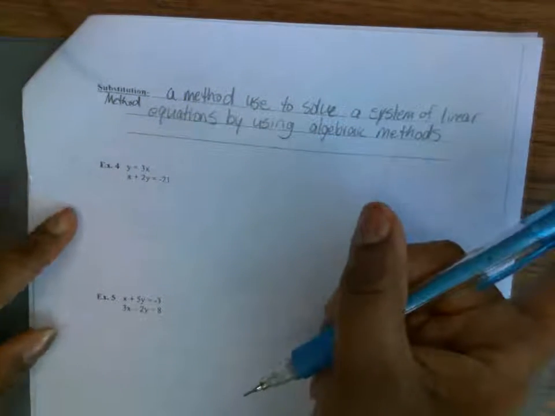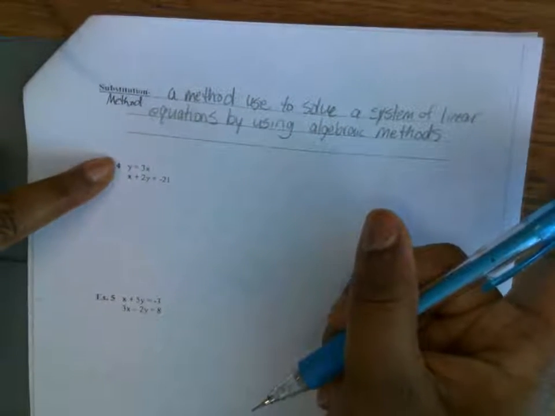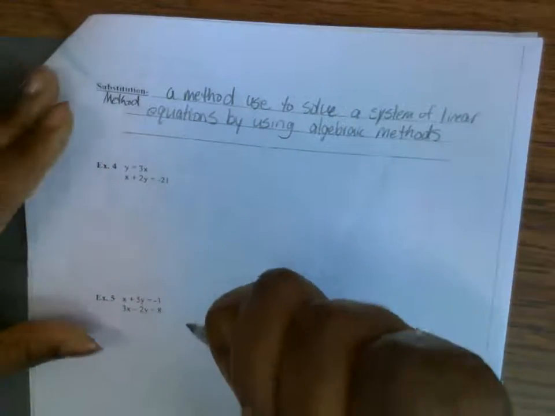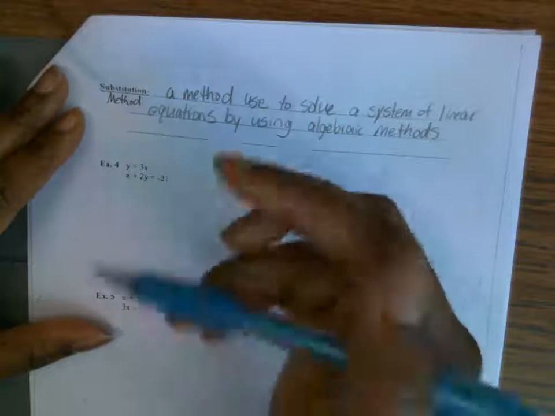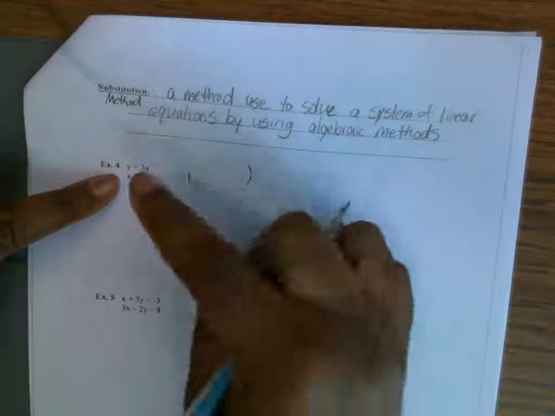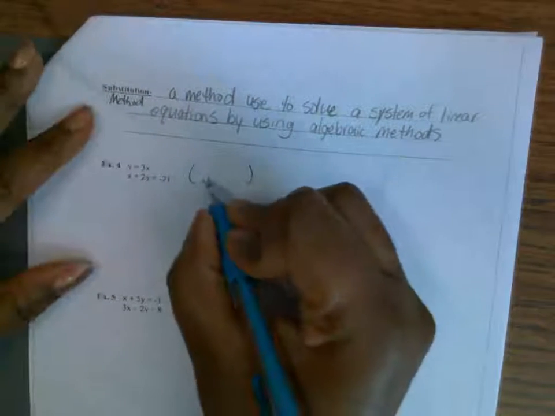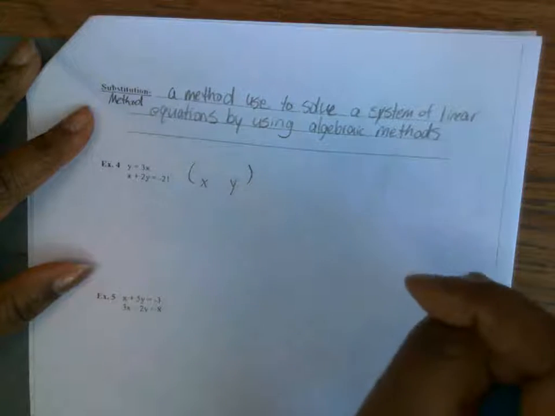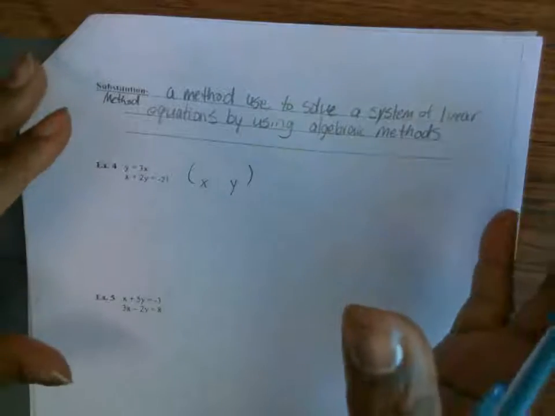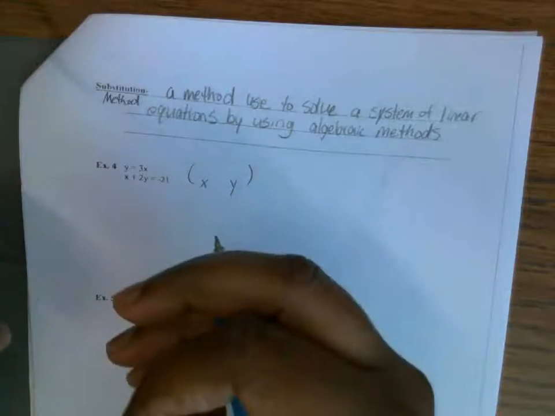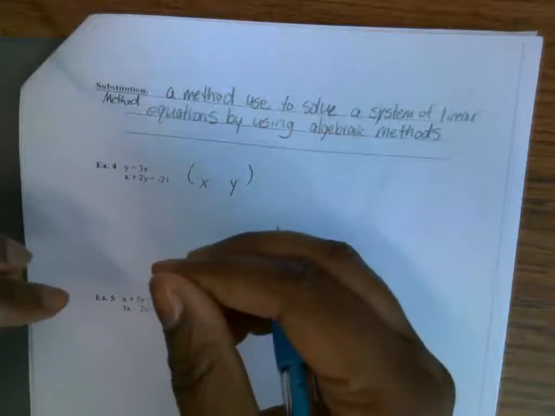When you are using the substitution method, automatically assume that the lines cross. Sorry, I said ordered pairs. Automatically assume that these lines are going to cross each other. So if they cross each other, then you have one ordered pair as the solution. You'll know that they don't cross each other when you start using the algebraic properties or solving equations and